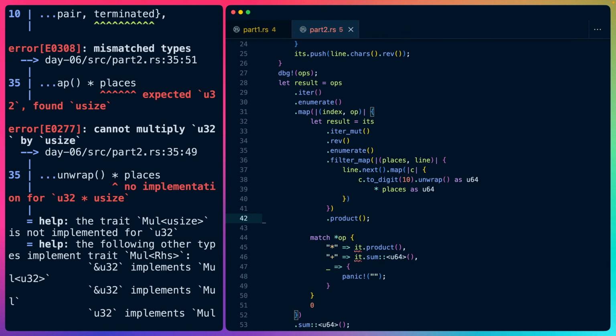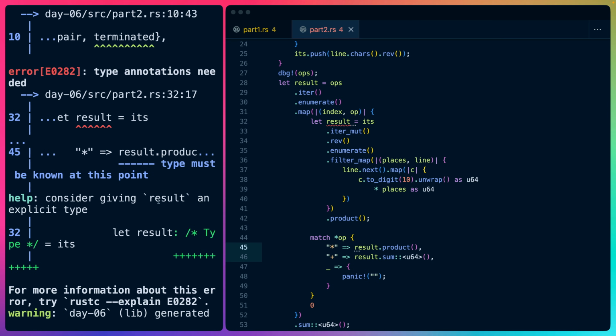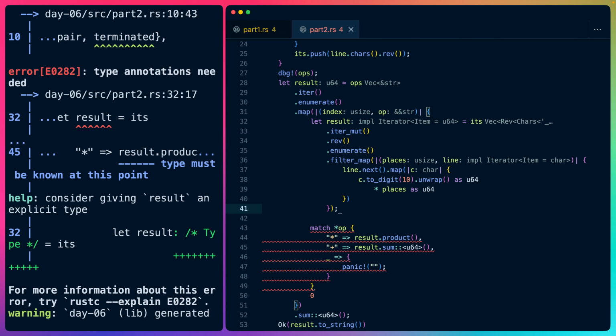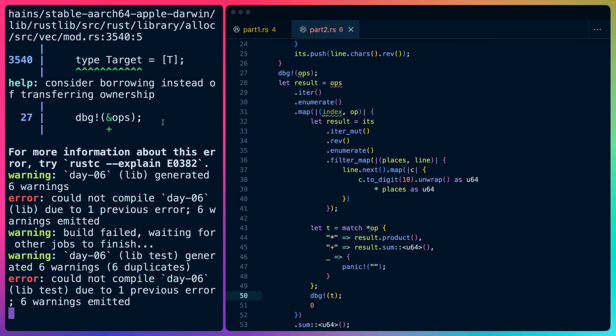So it's really this. Question about result here. Type annotations needed: must be known when we call product. Sure, this is a u64. Or rather, this is an iterator, right? We need to not call product here. And this is going to be an iterator of u64s, and this is going to be just something. We're just going to debug T out for the moment, because we've gone quite a while without actually running the